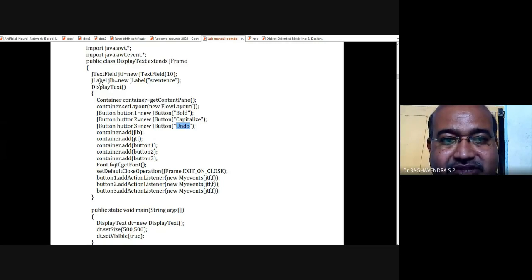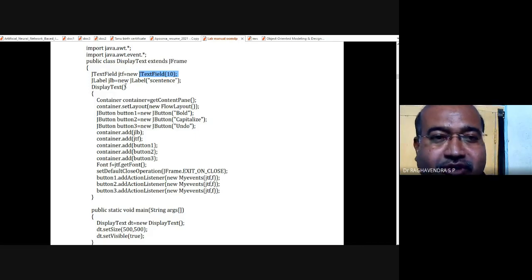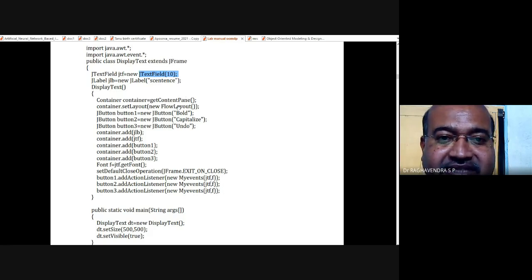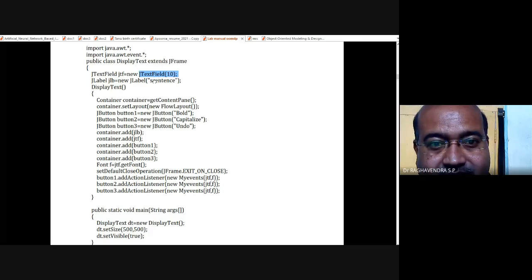Next, once you create these buttons, now I am going to create some labels also. So before this, labels and a text box have been created. See here, JTextField. J, once again remember, J means Swing. TextField is a control. jtf is the object, which is equal to new JTextField(10) in brackets. So I am going to create a text box. And what does this 10 represent? Can anybody give me the answer for this? What does 10 mean? Here, this one.